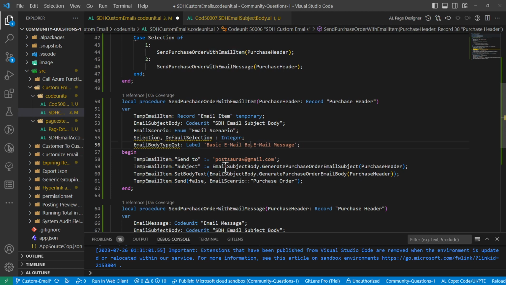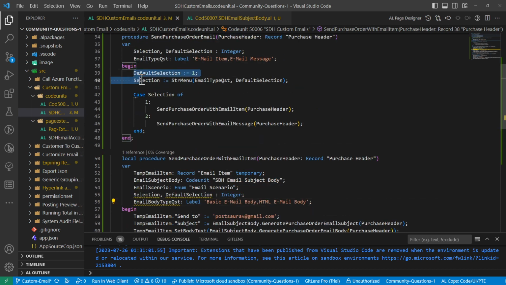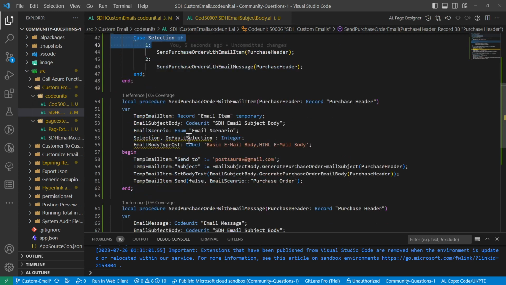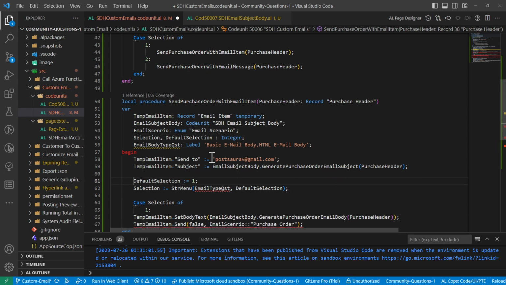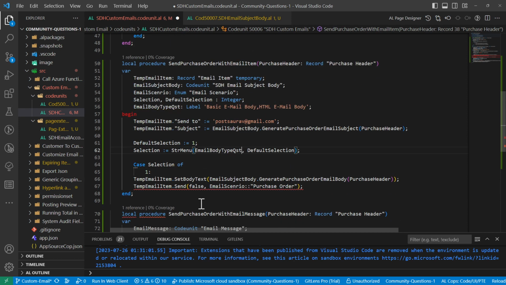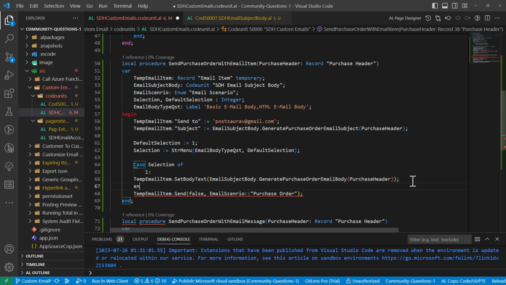Basic email body, and the second one is HTML email body. Okay, so then let's copy the same code as it is, just to save some time. And in this case, while the body is being generated, I'll again put up a question to the user, which kind of email body type you want, and based on their selection, I'll either call this or I'll call